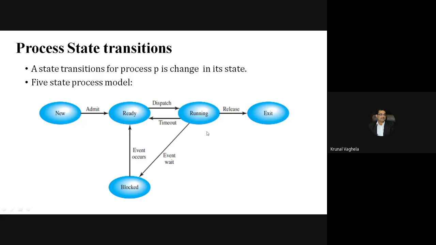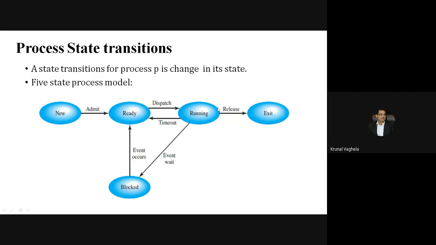It is also possible that when you type the input, the CPU is free, or the scheduler will allocate the CPU to your program. So it will go from blocked to running state, because the CPU will get allocated to your program directly. So this is the transition between ready, running and blocked. And after some time, when the program finishes its execution, it will be in the exit or terminated state, or some error will occur.